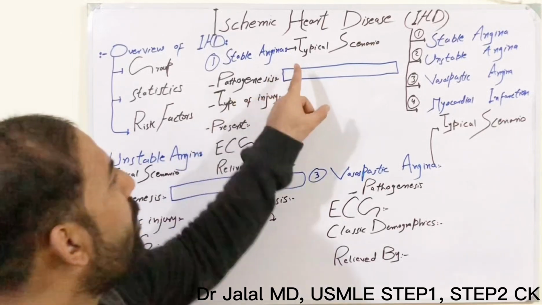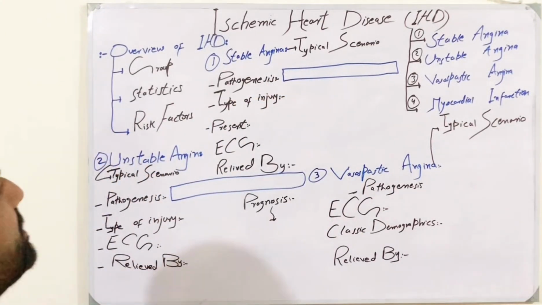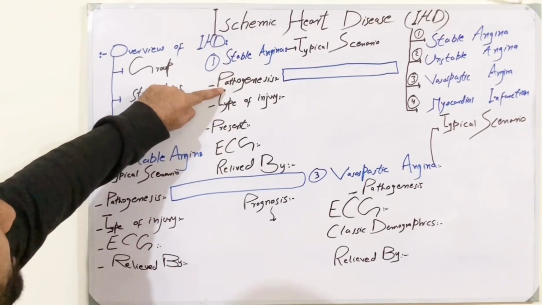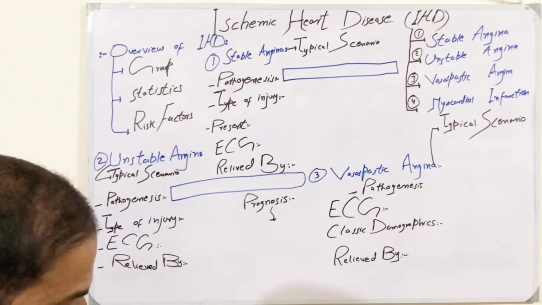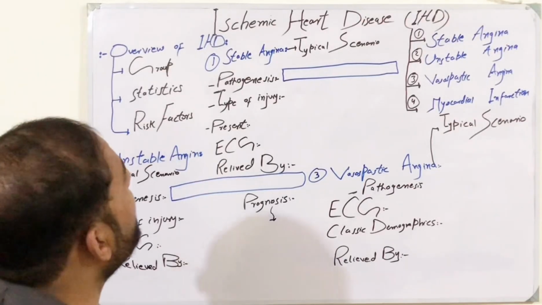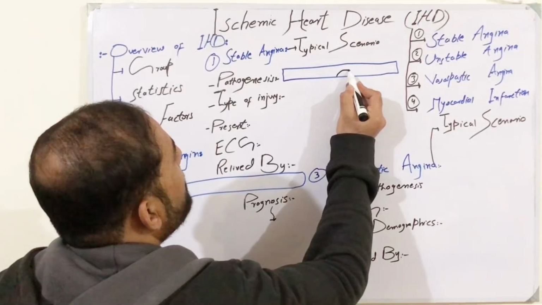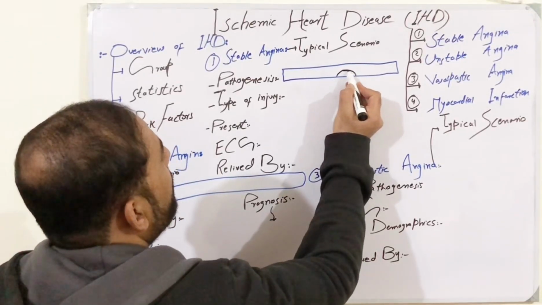Let's concentrate on why, when the patient exerts, the patient gets chest pain. This question will be answered by the pathogenesis. Remember that in case of stable angina, as the name suggests, there will be about 70% occlusion of